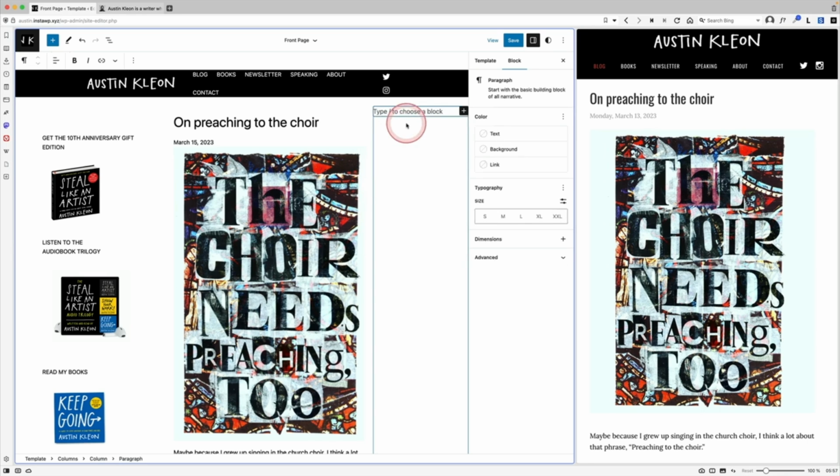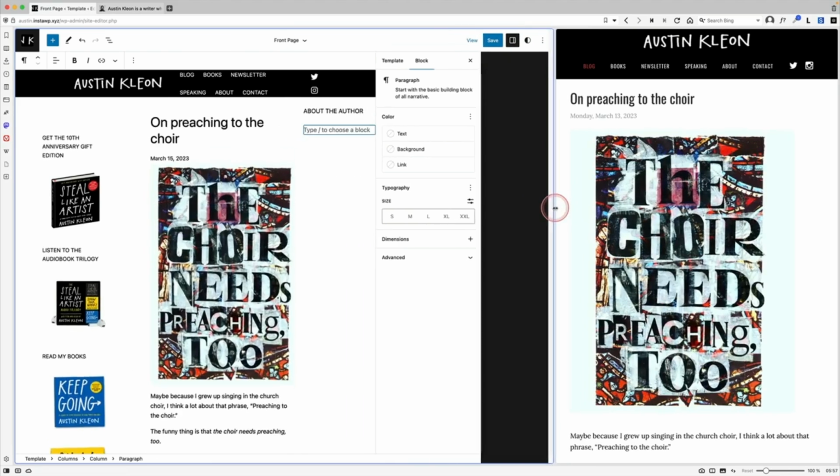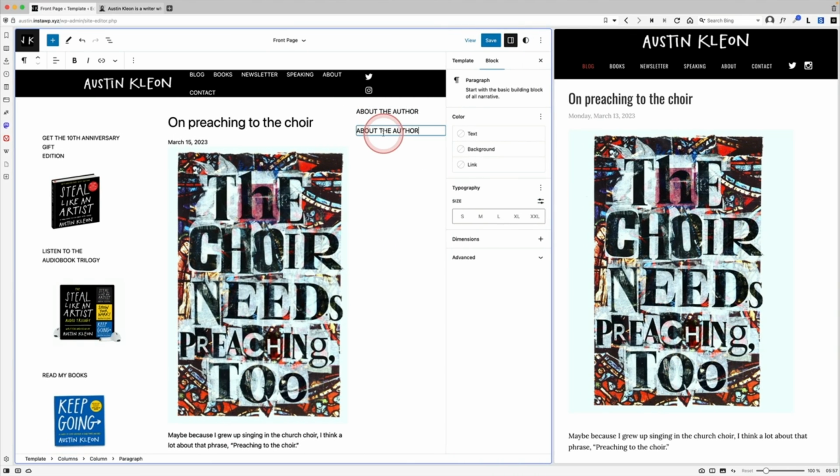So I'm going to add the paragraph block and about the author. Now, it won't look aligned at the moment because I've added some padding over on the left. I might get rid of the top padding actually. But let's go and add about the author. So we just want about the author. Let's make that text small. And then we just want to add an image block in here. Hopefully I've got Austin's